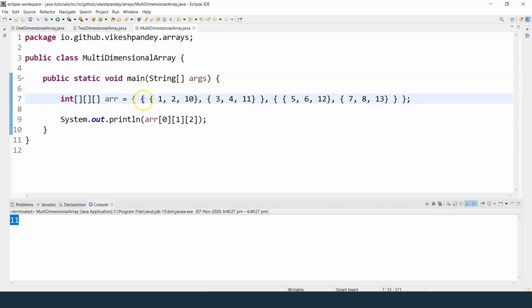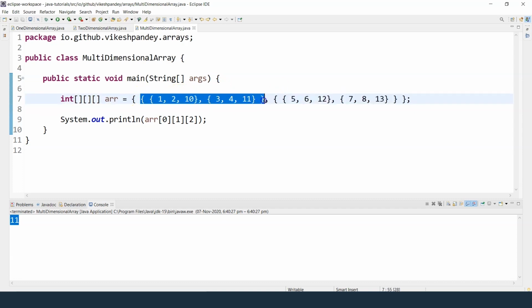So to describe it in a nutshell, this defines the x-axis. We have 2 elements on the x-axis here, this one and this one. Then we have 2 elements on the y-axis on each x-axis. So this is 1, this is 2 on the first x-axis, and this is 1 and this is 2 on the second x-axis. So 2x and 2y, and then on the z-axis, I have 3 elements each. Hope this helps you understand and visualize this.